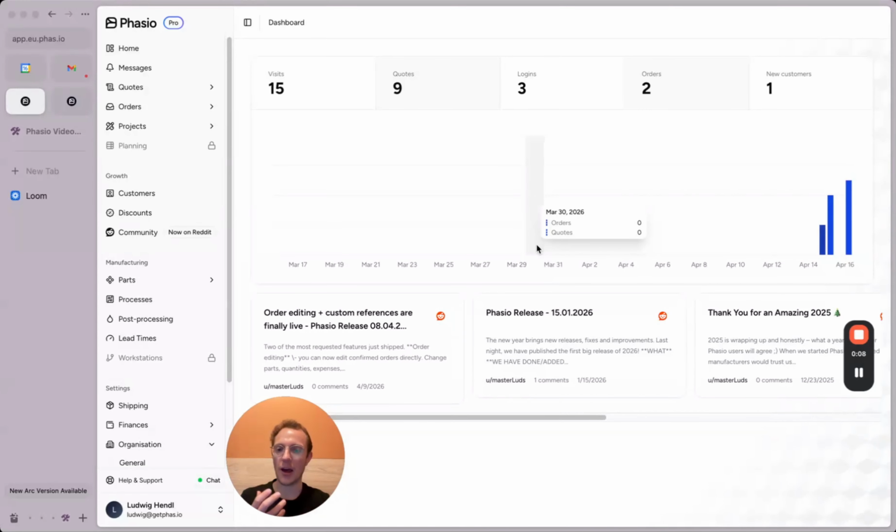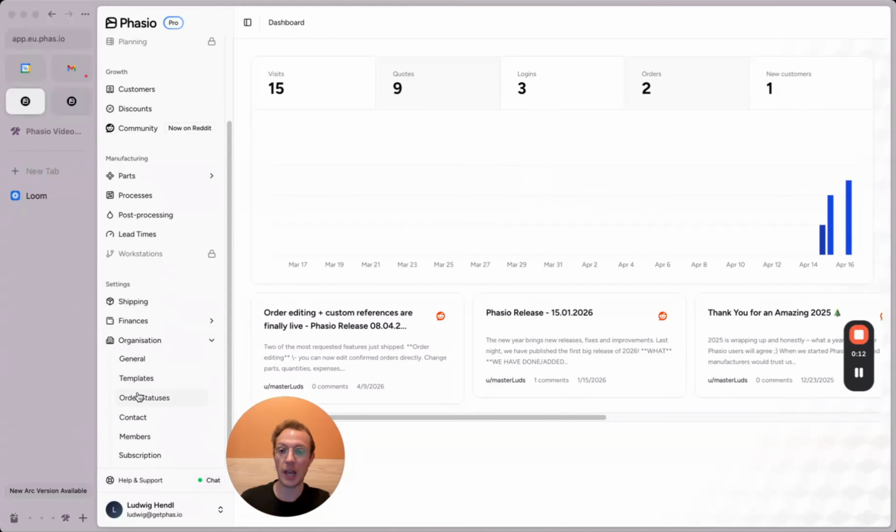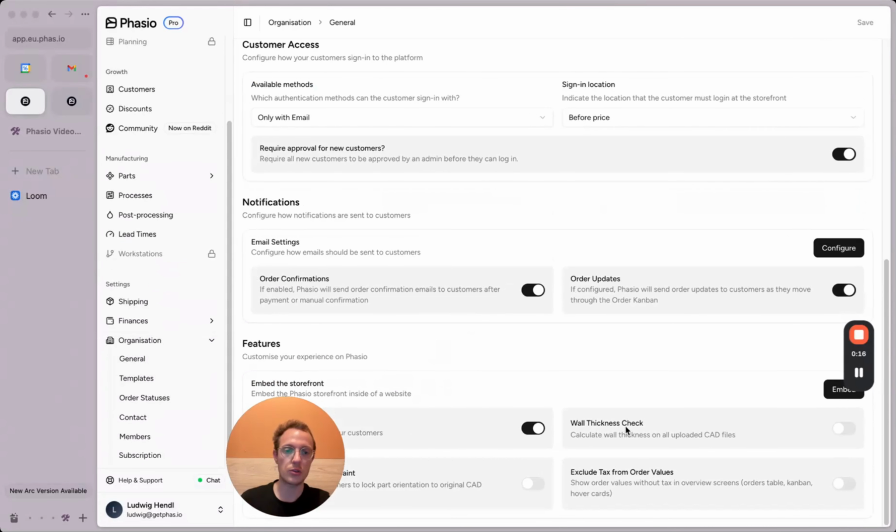This is part of the Pro tier and the advanced cut file analysis, and it has to be turned on once you're on Pro under Organization, General, and you scroll down all the way to the wall thickness check. Just toggle that on, hit save, and now you have to define a wall thickness range for your materials